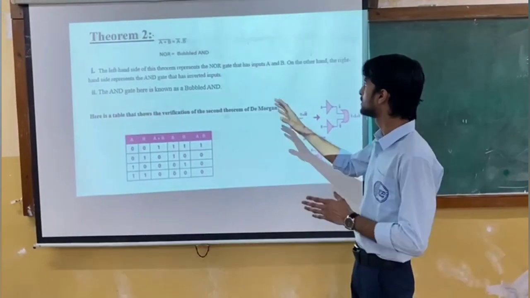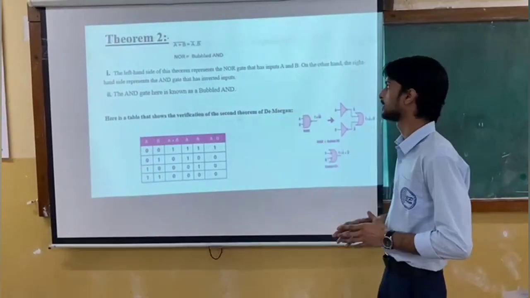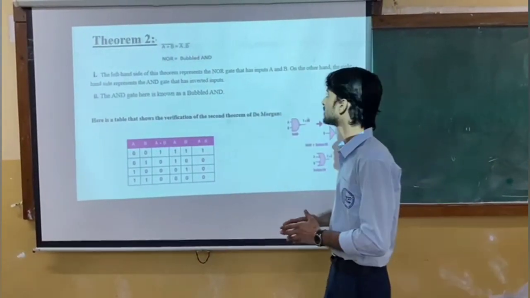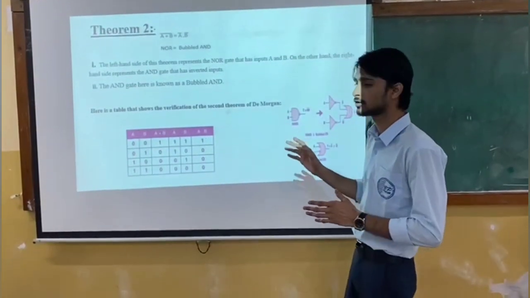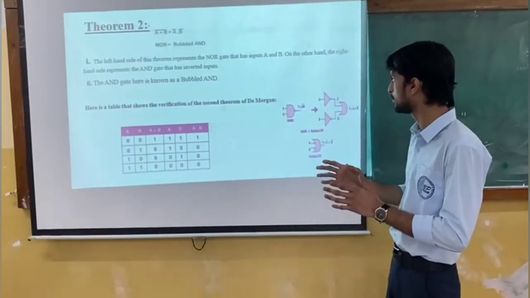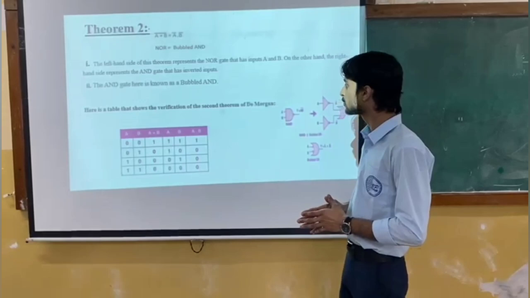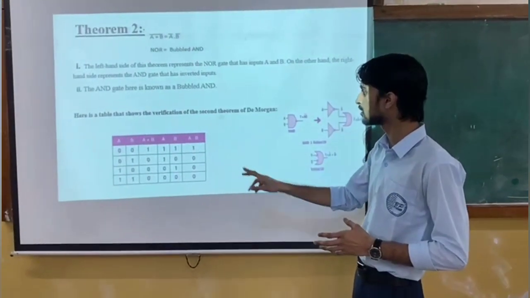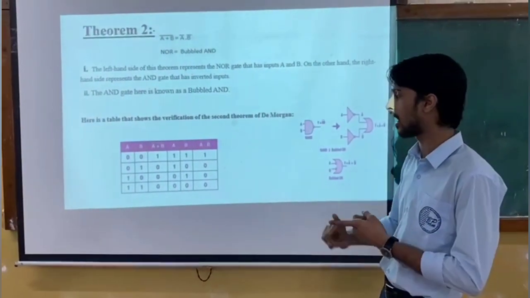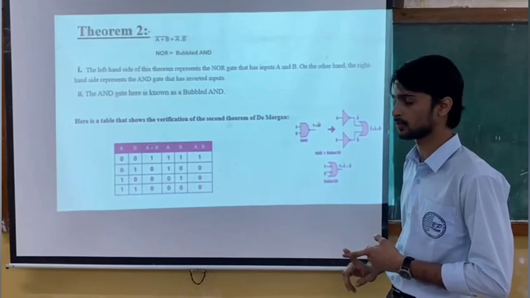Theorem 2, which is the bubbled NOR gate. In this gate, the expression is (A plus B) bar equals A bar dot B bar. Explaining the truth table, if either of the inputs is high or low, then the output is 0. If both